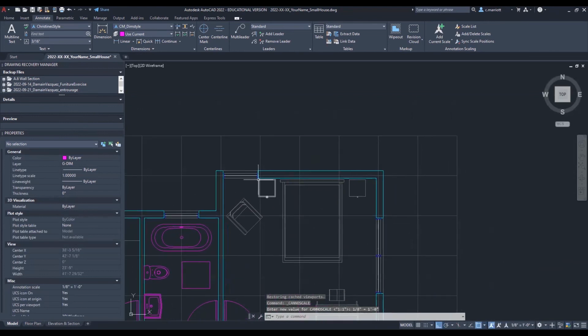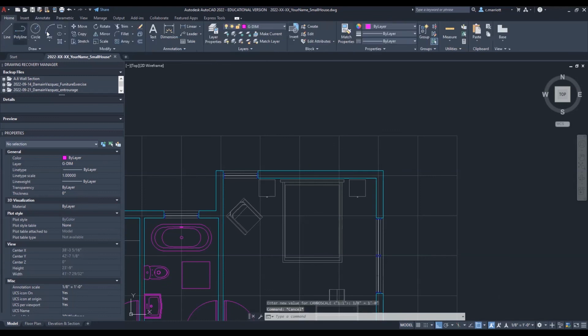Now when I make a new dimension, I'll go back to my home tab and click on linear, and I'll draw a new dimension. Pick one point, pick another point, bring it up. That's my new dimension style. So one thing that I noticed is that my ticks are too big. So if you discover that it doesn't look as it does in the tutorial, and you need to go back and change a setting, you can go to annotate again,